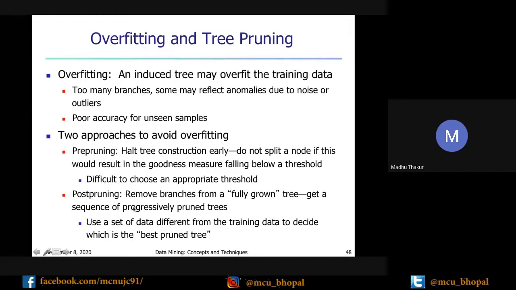But what does post-pruning say? Once you complete the design of your whole tree from your data set, after that you can remove branches. Whichever branches are duplicated or redundant, you can delete them. So that is the pre-pruning and post-pruning operations. You can use either one to handle the overfitting problem.